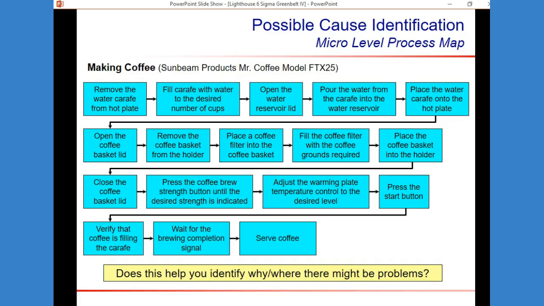It's right in that area. And then you've got something a little better to go dive into and use this. So in this instance, we've got the Sunbeam coffee maker model up there, and again, the reason we did this